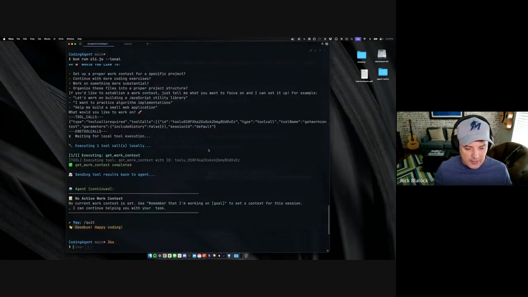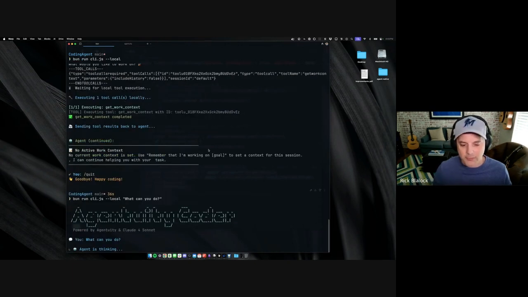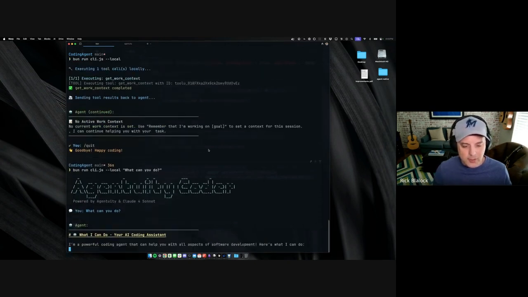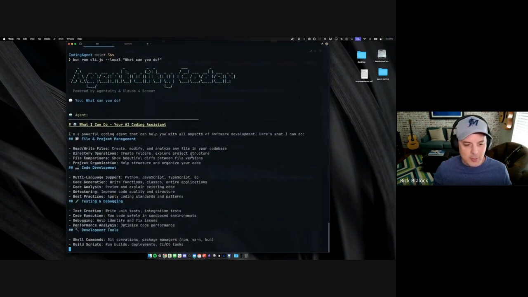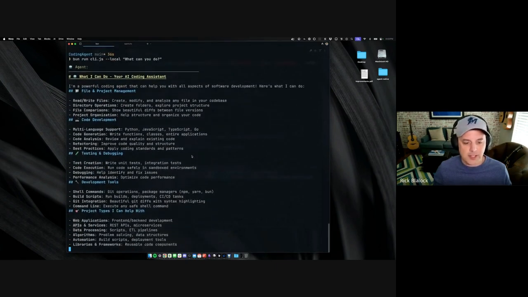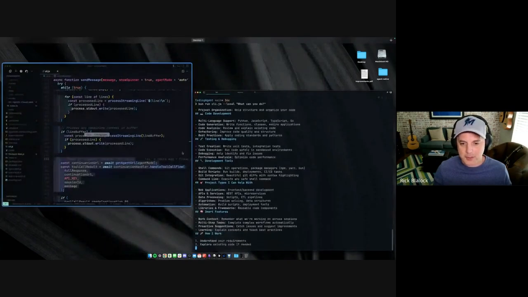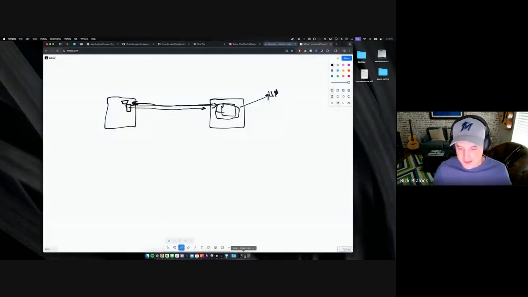I think, again, there's all sorts of options. You don't have to run in interactive mode. You can just put quotes and go, what can you do? And it'll do a one-time-off run thing as well. So it'll do stuff like that. And can't wait to release that. And then everybody will have their own coding agent in the cloud or locally, however they want to do it. And that's